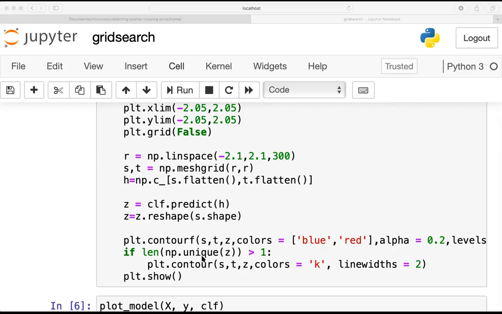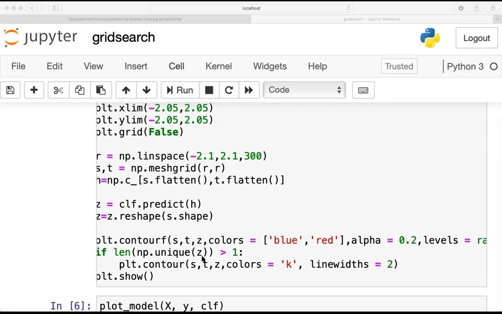Now, why am I using this unique function here? This function is used to find the unique values in Z. As you know, Z has only 1 or 0 values, so it has only two unique values.